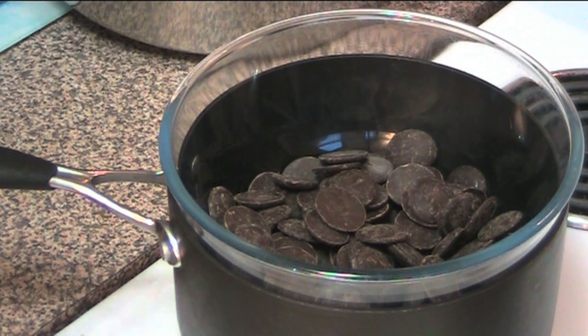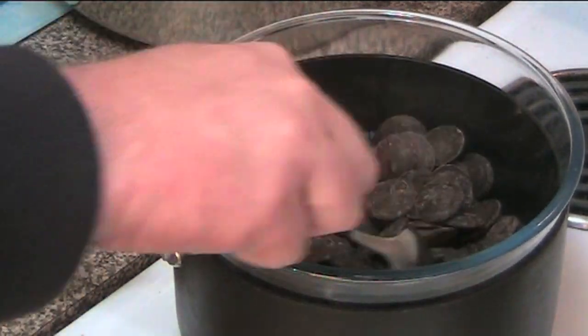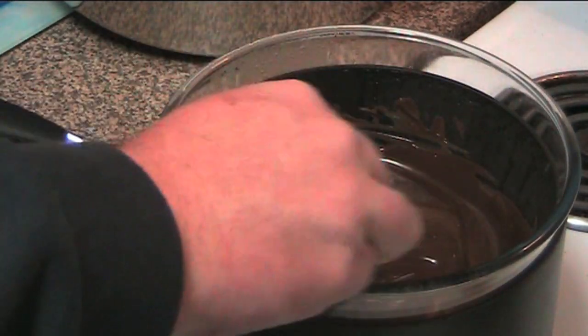Now, I've just got this in a glass bowl, sitting over a small amount of simmering water in a pan. Don't let the water and glass touch, because otherwise the chocolate will burn. And we're just going to slowly melt this for about 5 minutes until it's nice and smooth. That's looking gorgeous there. So we're just going to set this aside and allow it to cool slightly